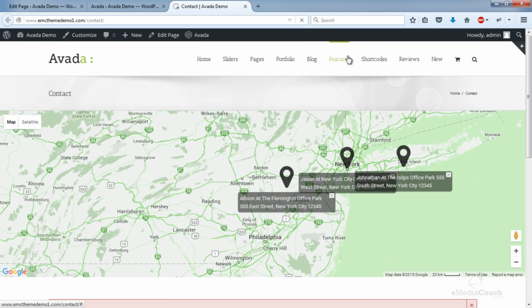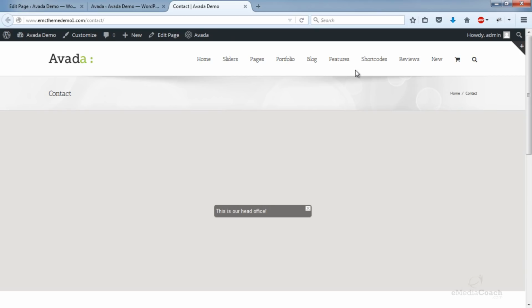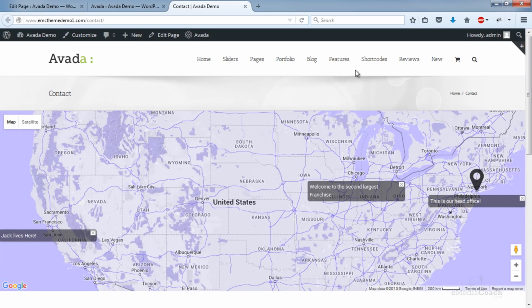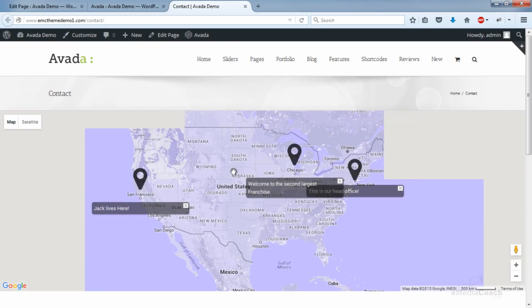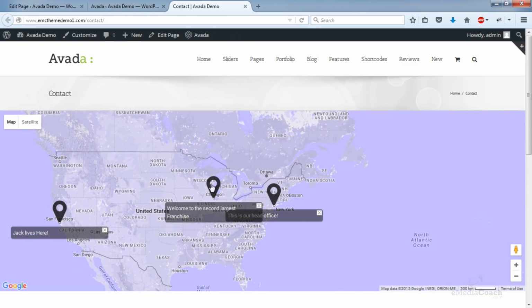So let's just refresh and see how that looks now. So there you go. As you can see, the colors changed because I've chosen the custom color. We've got our pins here, and we've also got the little info boxes that we put.